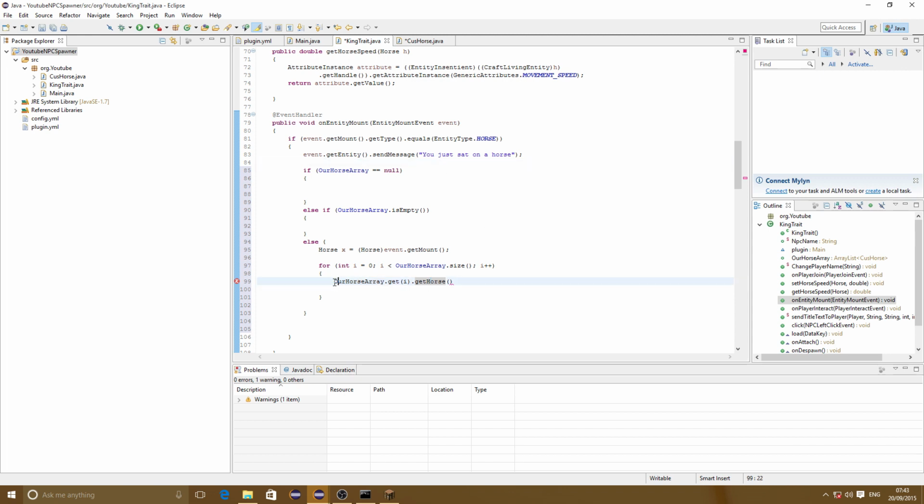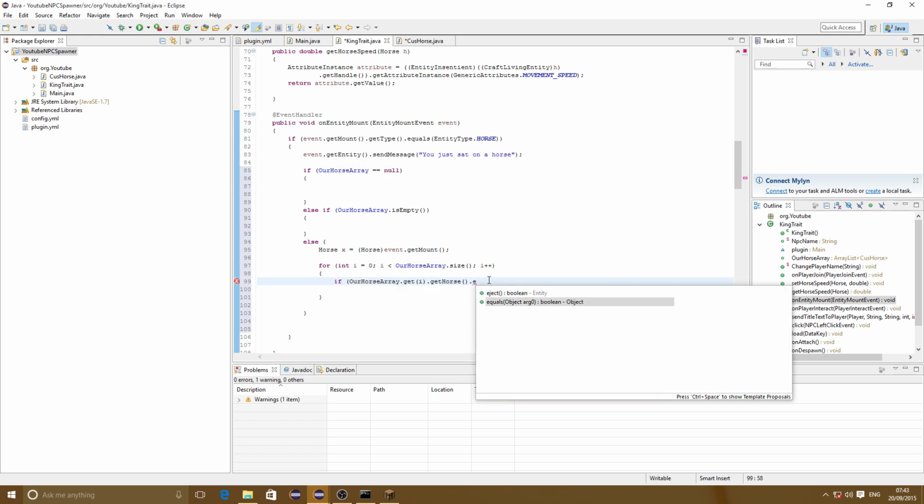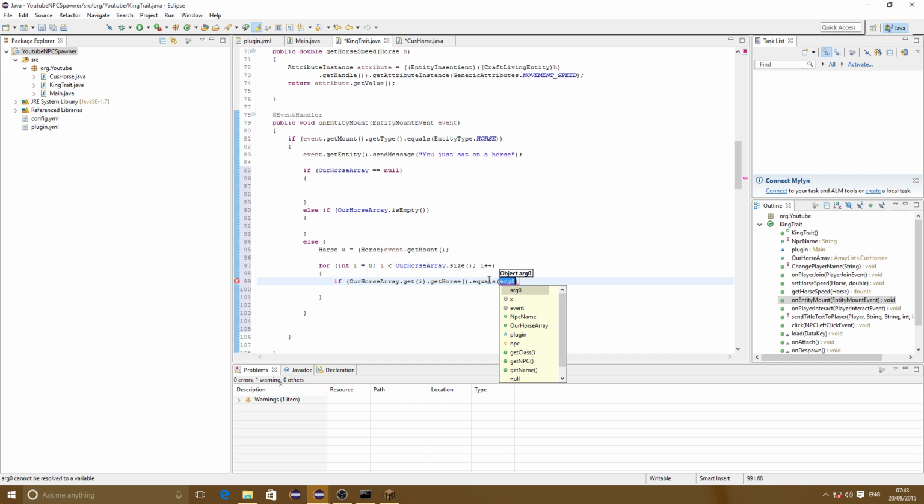So we can do if this horse is equal, so it's exactly the same as the horse that we're talking to, so exactly the same as X, which is this horse, then do something. Else,